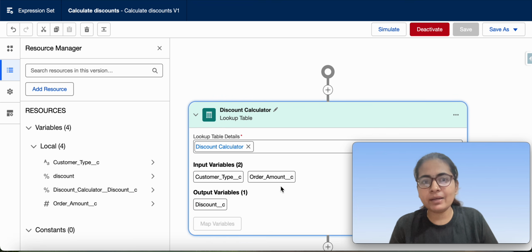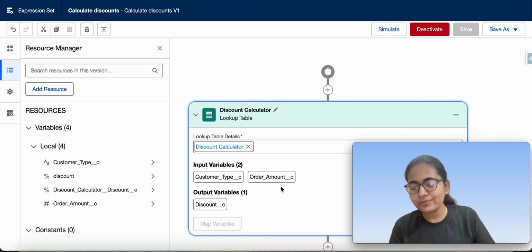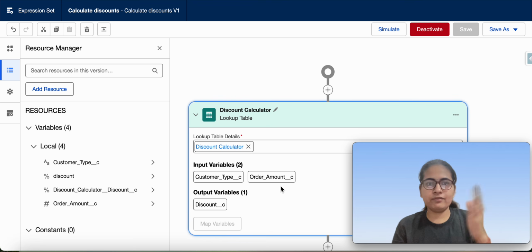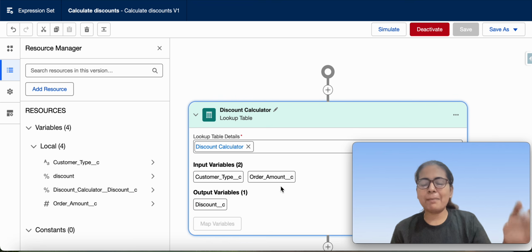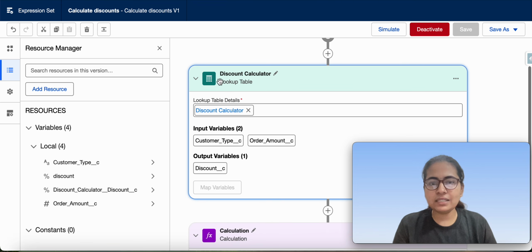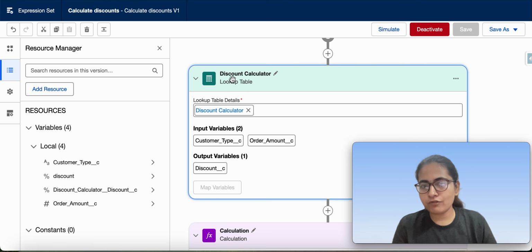The decision is up to you: if you want to store the records in the object in the form of records, then you will use a decision table. If the scenario is very simple, with one-on-one input and output mapping, then you are going to use a decision matrix. So this is a lookup table which I have called.